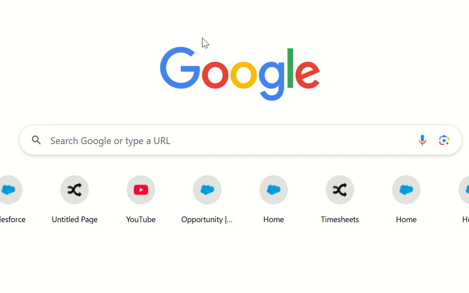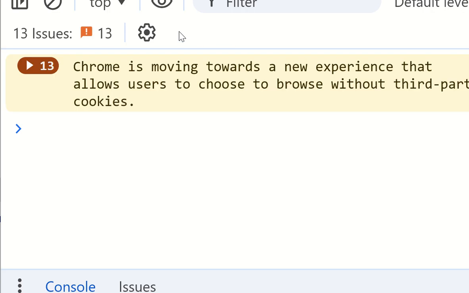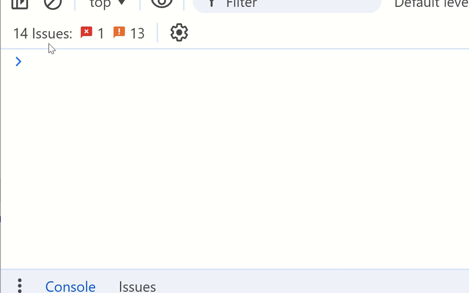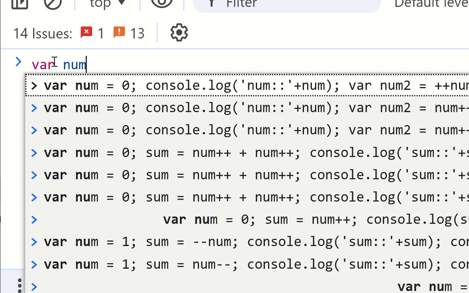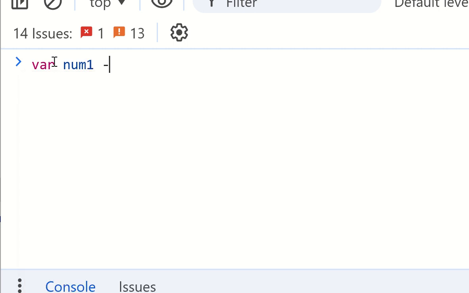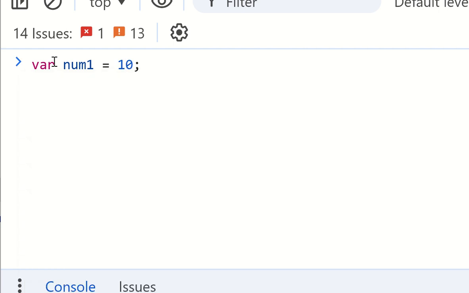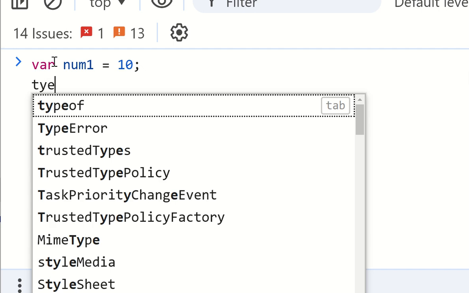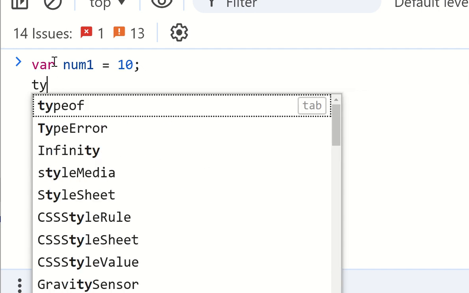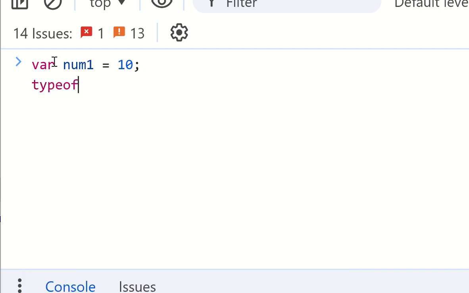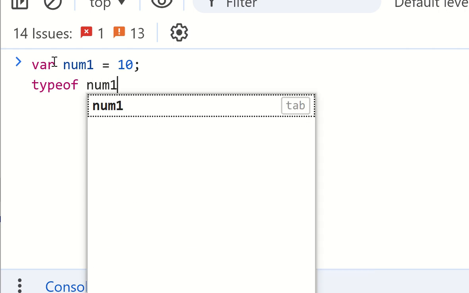Here, Ctrl+Shift+I. So let's write var number1 is equal to 10. What is the type of number1? The type of number1 is number.